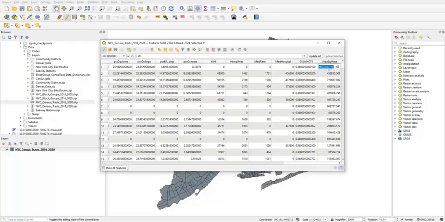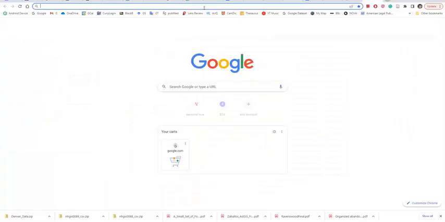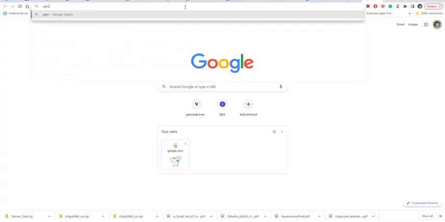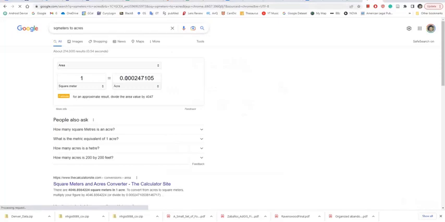If you want to convert this to another unit, for example, if you want to convert this to, let's say, acres, you can Google square meters to acres. Here, every square meter will be this much acres. So if I just copy and paste that number, sorry, let's just get that, copy that number,